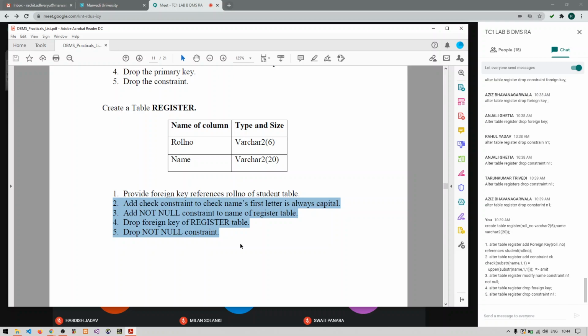Clear with it everyone? Complete your practical 3 today itself during your labs. That is your task. Already, practical 3's last part, the student table and register table, all the table creation and the query answers are available in your chats.